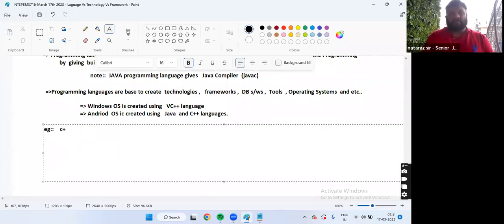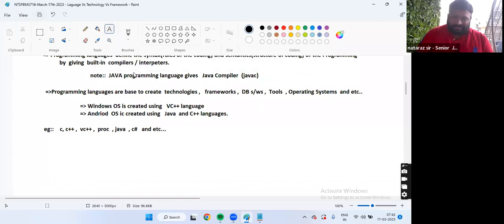Okay, examples for programming languages are what, guys? C, C++, VC++, Pro C. Okay, what is there? Java, C#, and etc. No, .NET is not a language, Babu. .NET is a framework.